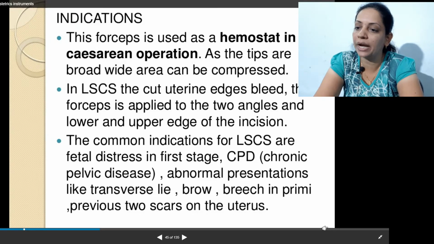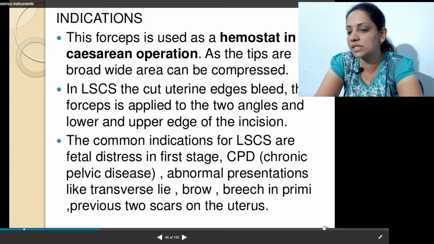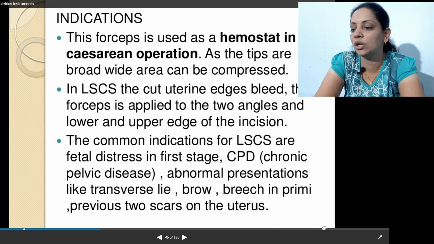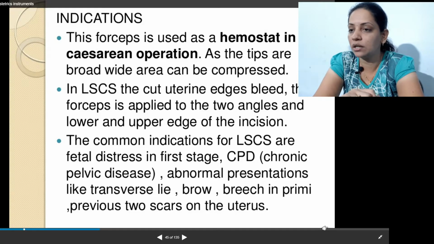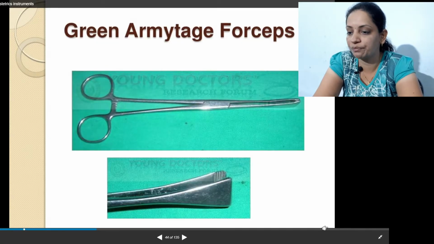This forceps is applied to the angles and lower and upper edge of the incision. Common indications for LSCS are fetal distress in first stage, CPD, abnormal presentations, transverse lie, brow and breech presentation, previous scar of uterus. In all these conditions in which we do LSCS, we can use this type of forceps.